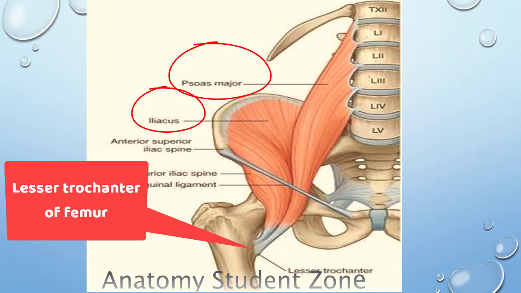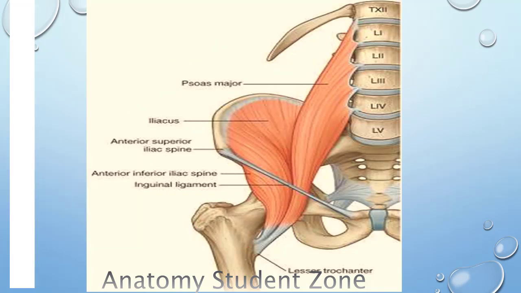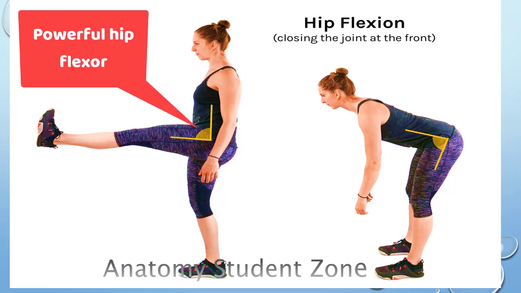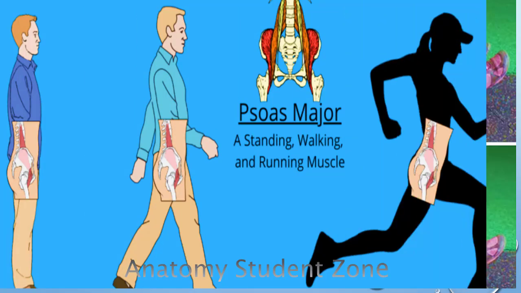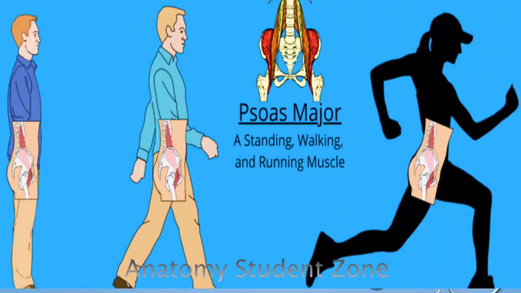So the psoas muscle, acting with its friend iliacus, is a powerful flexor of the hip. So when you are doing hip flexion in different exercises, psoas along with the iliacus is a strong flexor. It also helps us in walking. How? By flexing the hip joint, iliopsoas lifts the limb and initiates a forward swing during walking. So we can see how this muscle is involved in routine activities.